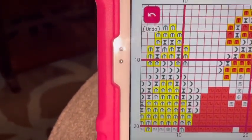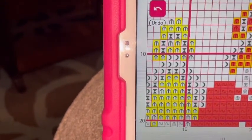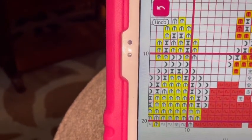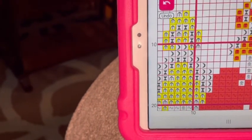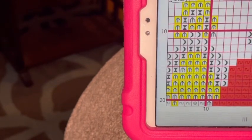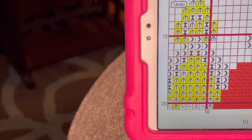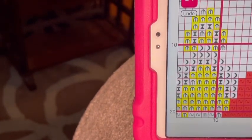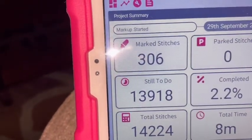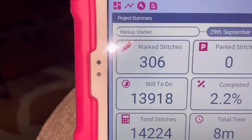It's just not as polished as Pattern Keeper, but for me it's way easier to load a scan chart in on this app than it is to try to get it into Pattern Keeper. And if you're not going to get full functioning out of Pattern Keeper anyway because it's a scan chart, you may as well use the app that's easier. And I like that it shows you all these stats. Now, obviously, the time is not accurate because I just marked these in after the fact, but